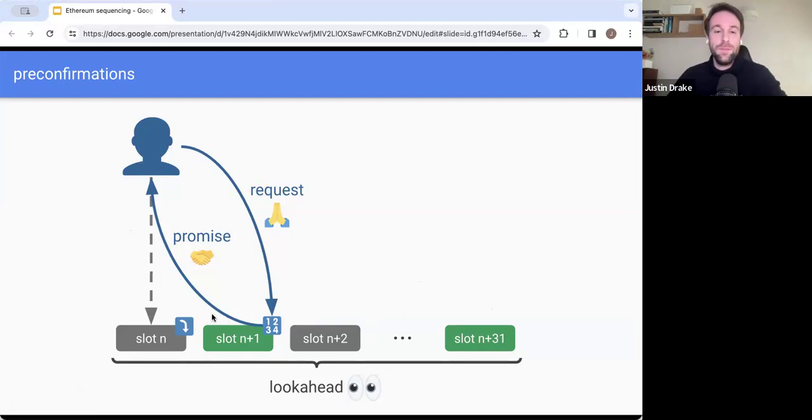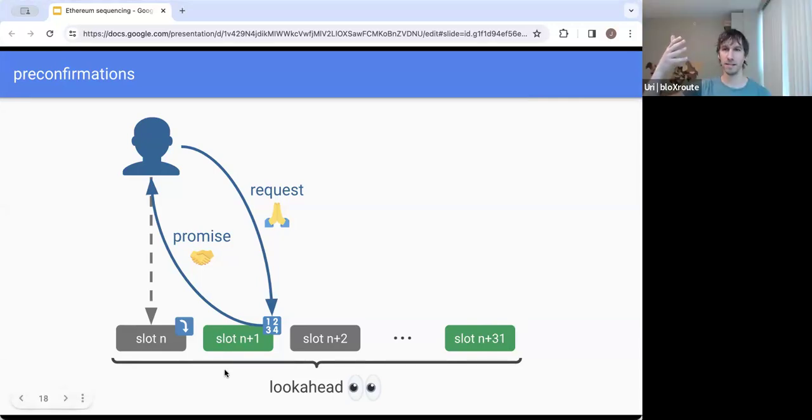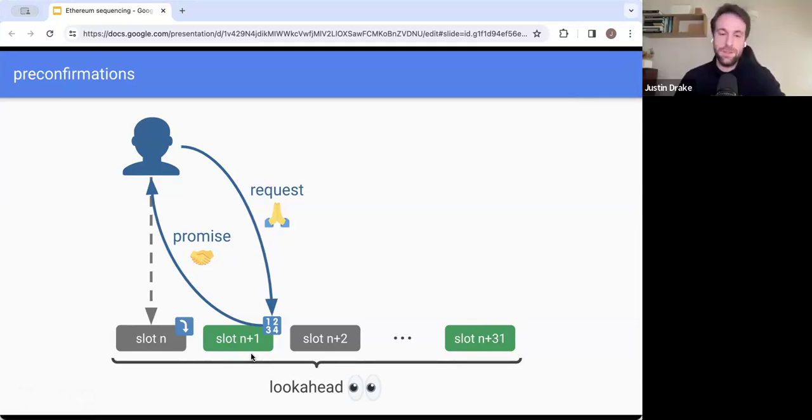Even before n plus 1 has been settled and included, you can have conditional preconfirmations from the next preconfer on what's already been preconfirmed here. So you can go beyond the 30 million gas and just have the sequencers promise whatever. Again, it goes to economics and where the money goes. But yes, that's a good point. So if this guy has consumed his whole 30 million gas, he can say, okay, I'm full, go talk to the next guy.